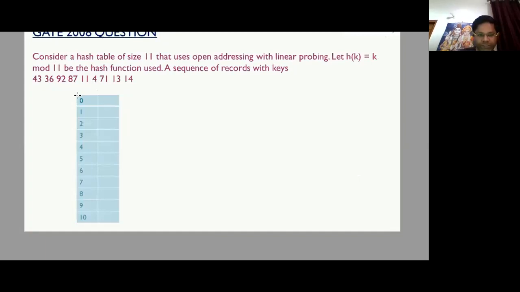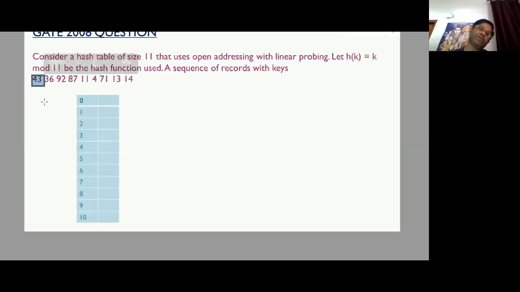So we have to apply the linear probing algorithm and see what happens after inserting these values into the initially empty hash table of size 11. So first you have to draw the empty hash table, and since the size is given as 11, we will start from index 0 till 10. So there are a total of 11 slots, with indices 0, 1, 2, 3, 4, 5, 6, 7, 8, 9 and 10. Now next we keep on inserting the values. So the first value is 43.